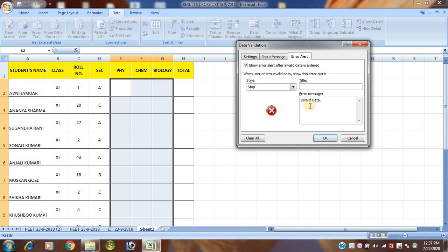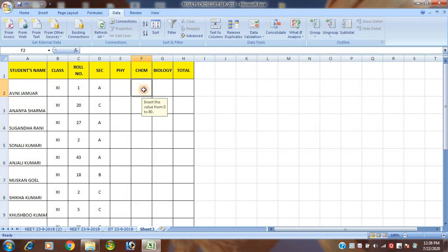Then click on the OK button. You see here, everywhere it will display the input message you gave, insert the value from 0 to 80. Yes or no? In total it will not be displayed because I have not selected it, but for physics, chemistry, biology, the cells will display it.